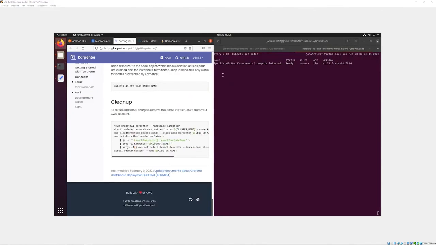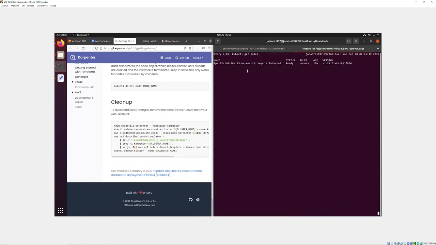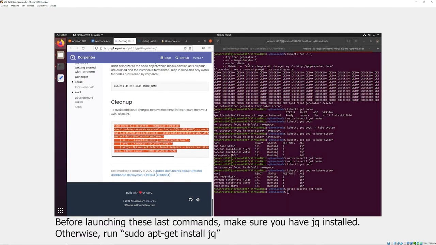After a couple minutes, we can see that there's only 1 node remaining. Karpenter was able to detect that we deleted the deployment, so there are no more services running. There are no bots in the system besides the necessary ones from kube-system. And yeah, it just deleted the node that it created because there's no need for it anymore. So with this, our tutorial is over. We can go ahead and launch the following commands to get rid of the last cluster we